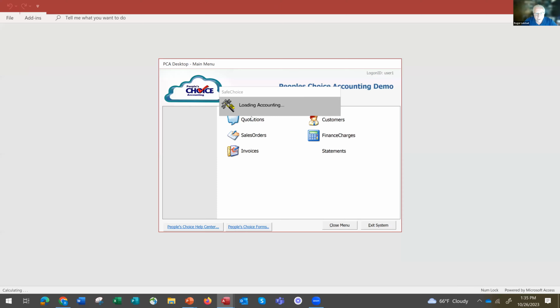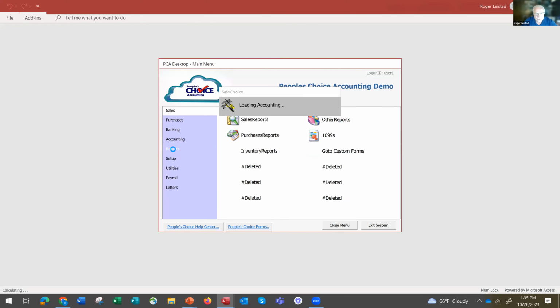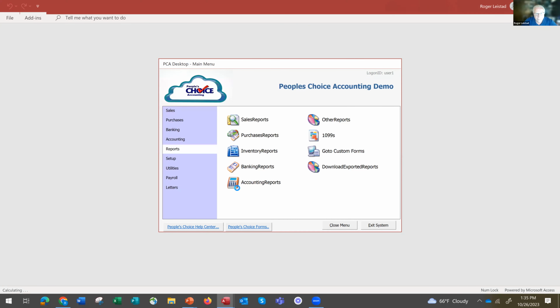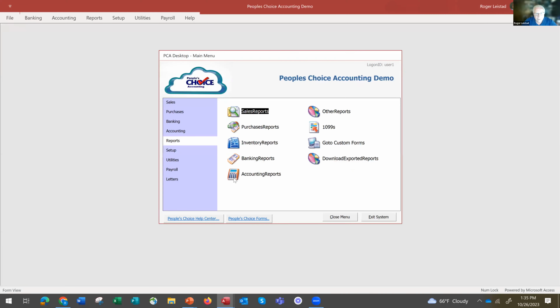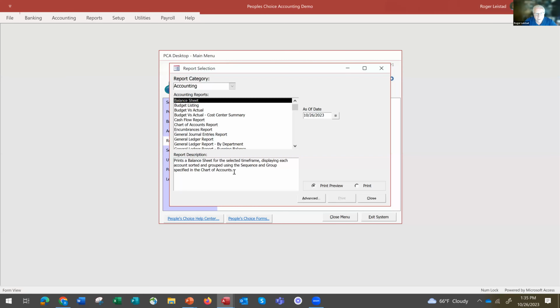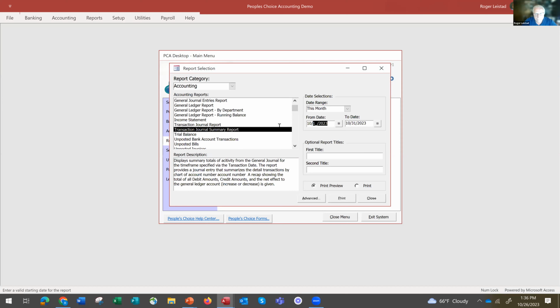And when we get into accounting, you would go to reports. You would go down to accounting reports. And here's where the balance sheet, the budget listing, the budget, these are the ones that I was talking about. But in our particular one, what I'm talking about is this transaction journal summary report. And if we want it for only 8/20,